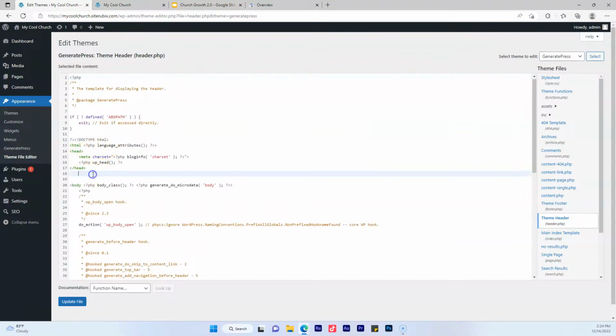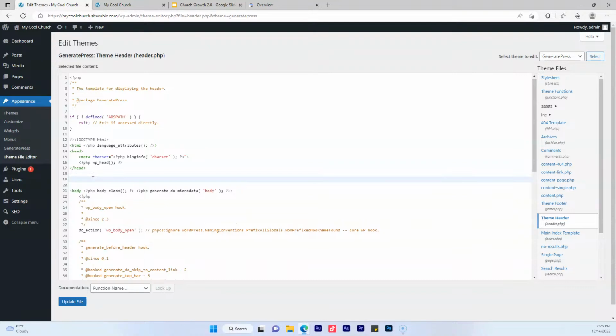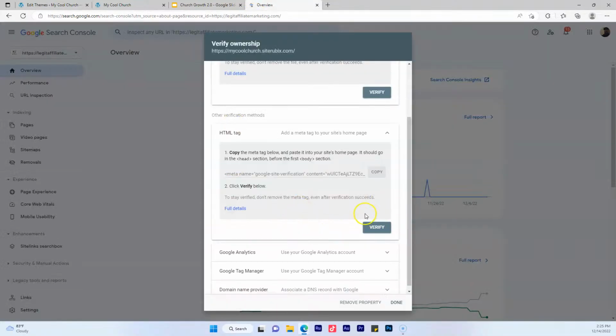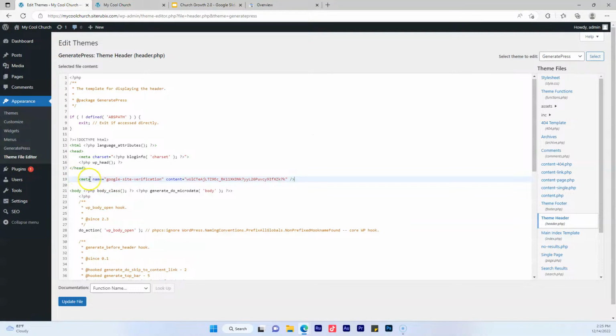Go right below that. So we're going to just go ahead and click enter. And then I'm going to paste that code that we got. That code that we had from over here. Remember the code? I'm going to go back over here and I'm going to paste it right underneath the header section. We want to click update file. Okay, and then we're just going to go